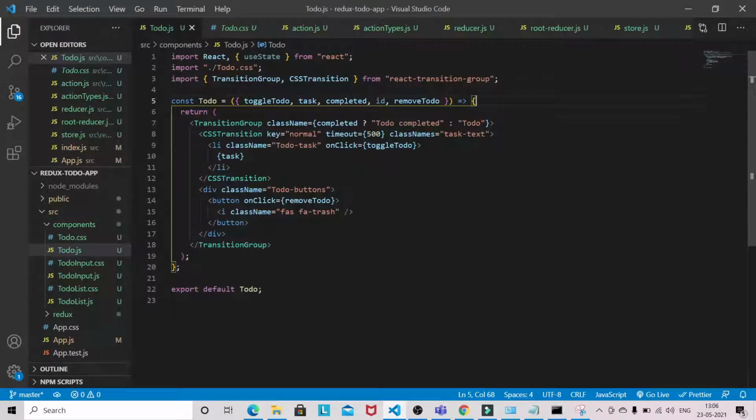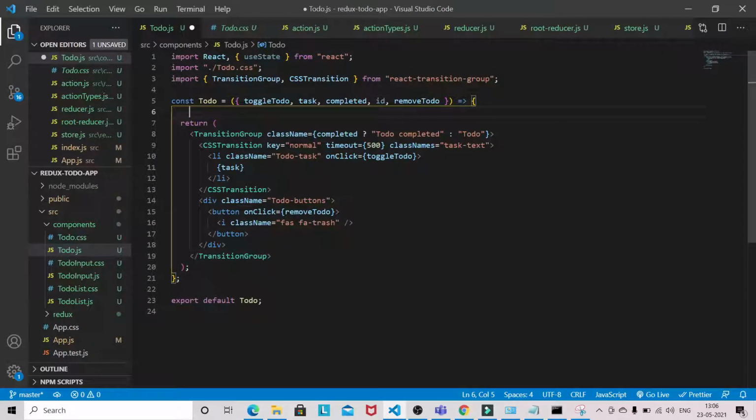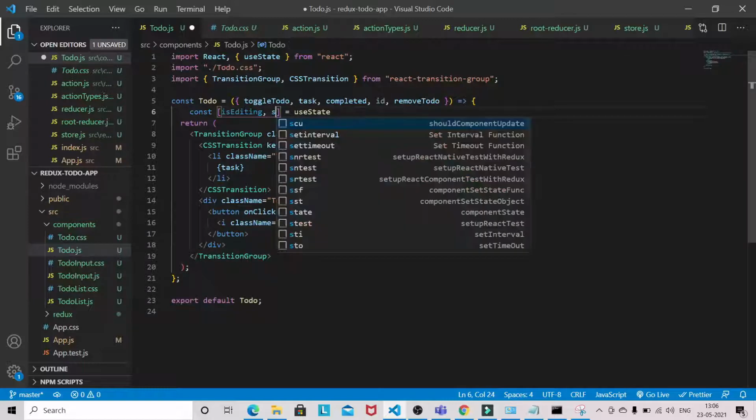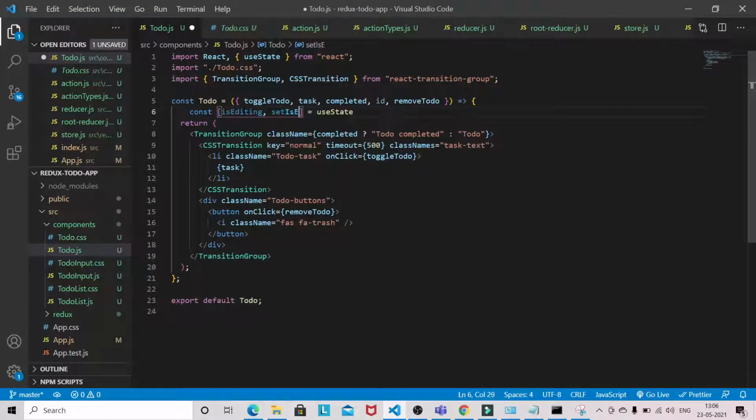So now come over here in to-do.js. Here we need to define some state, use state. The first one will be is editing. Basically this is the edit mode. Set is editing.